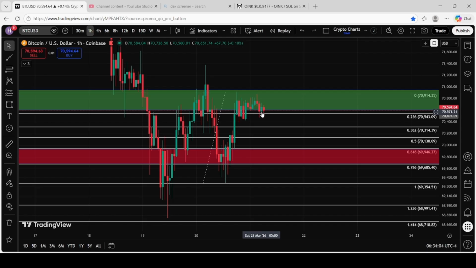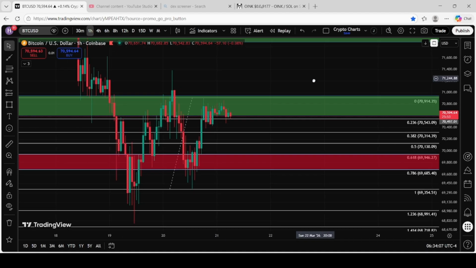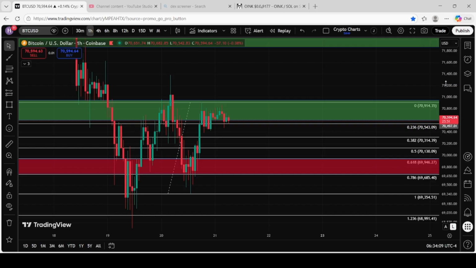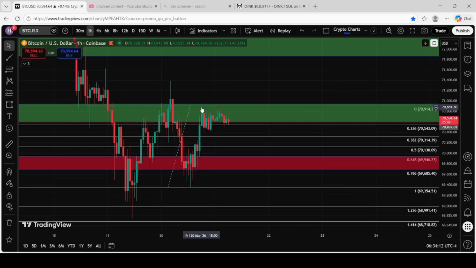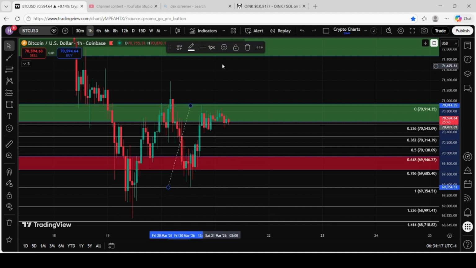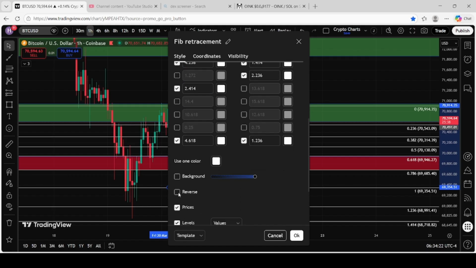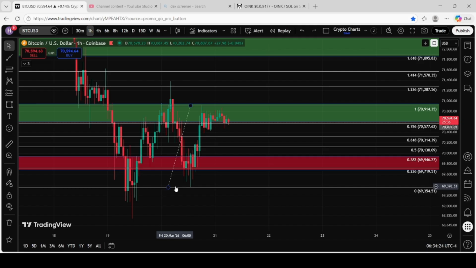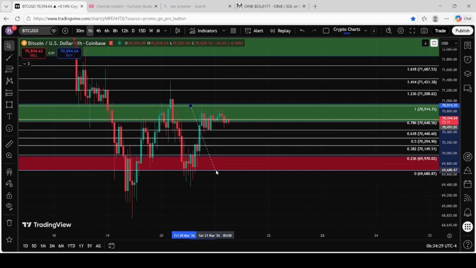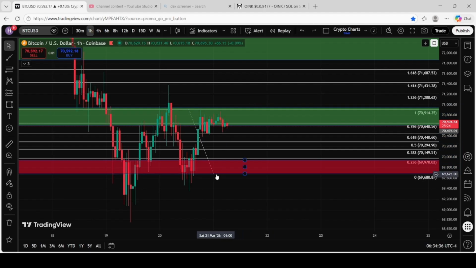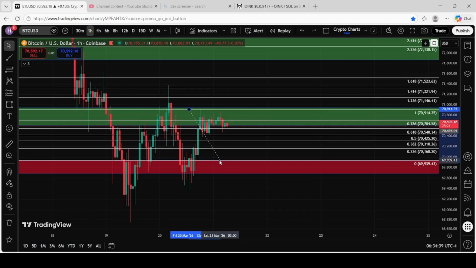So now we're above this 236. And say we do only come down to the 786, so you're going to reverse the fib just for looking for higher targets. So it just all depends on where the bounce is. So if it comes down here, the targets would be up in this move here, so maybe not as high, just depends. Here, its targets get lower.